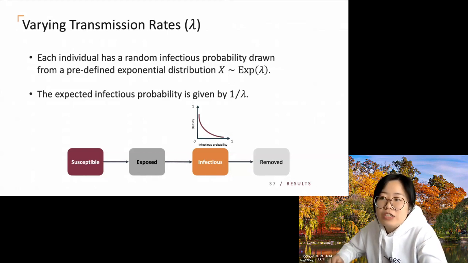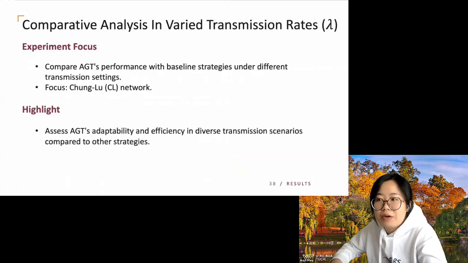In particular, each individual has a random infectious probability drawn from a predefined exponential distribution. The expected infectious probability is given by 1 over lambda. So taking the Chodo model as an example, this experiment aims to assess AGT's adaptability and efficiency in diverse transmission scenarios